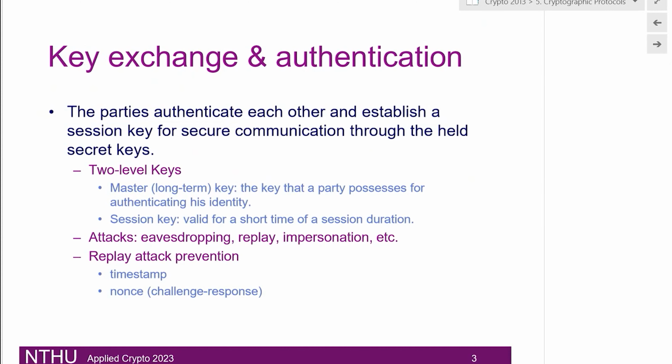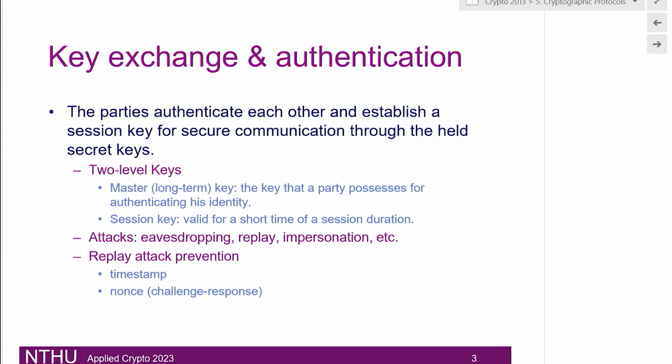One of the first things that is actually a multi-party computation, and maybe you have never thought about it, is key exchange and authentication, right? The goal of a key exchange and authentication algorithm is that two parties, Alice and Bob, want to authenticate. Alice wants to make sure that she's talking to Bob. Bob wants to make sure that he's talking to Alice. And then at the outcome of this authentication, they want to share a key so that they can start to communicate. Maybe they want to share an AES key so that they can send and receive some